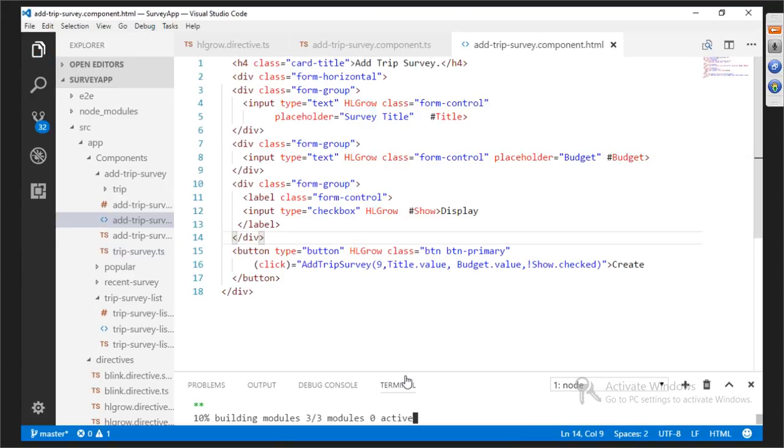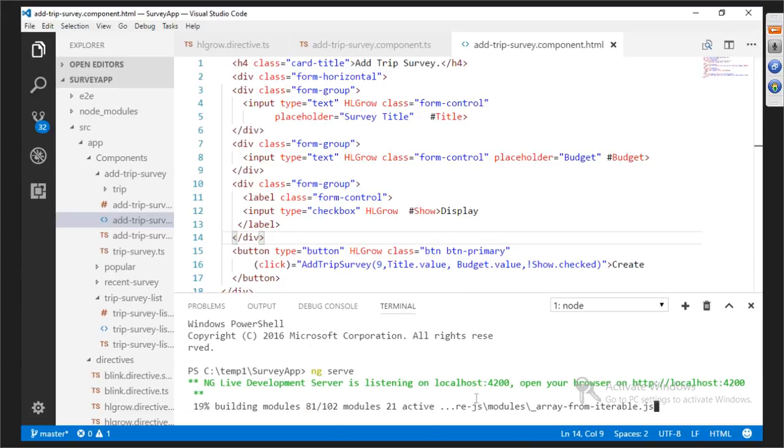I write ng serve. Again, you should see that it is compiling that,